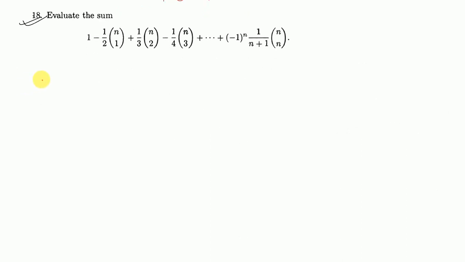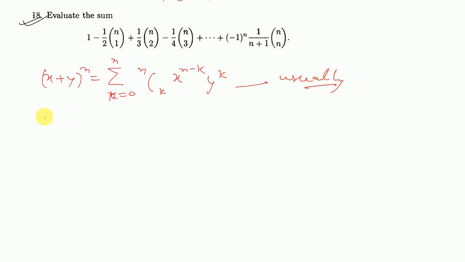ओके, सो चलो इसको शुरुआत करते हैं सॉल्व करने के लिए। तो आपको पता है कि (x plus y) whole raised to the power n is nothing but summation running from k equal to 0 to n, nCk x raised to the power n minus k y raised to the power k। ये यूजुअली आपके पास होता है, बट आपको पता होगा कि मैं इसको इस तरीके से भी लिख सकता हूँ, (x plus y) whole raised to the power n equal to summation running from k equal to 0 to n, nCk